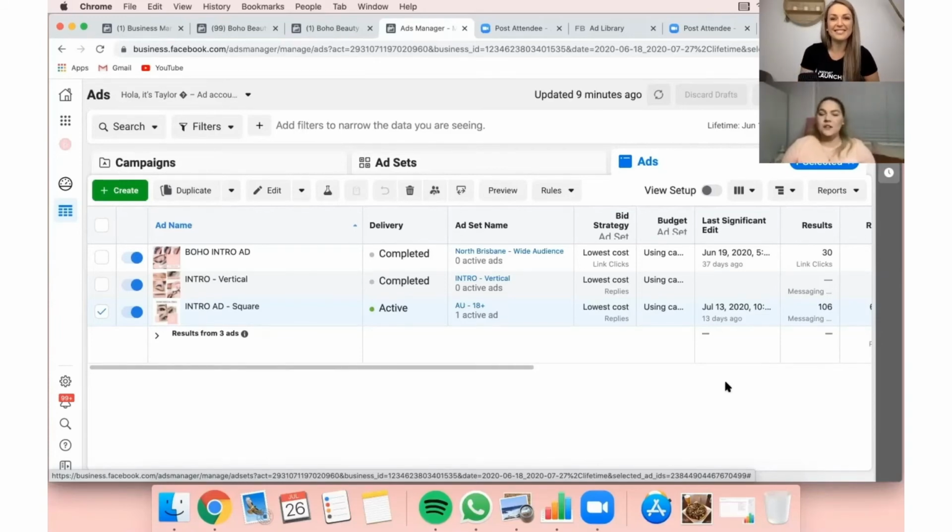Yeah, absolutely. And you can literally do it for any business. If you sell pet products, throw up a video of a sausage dog chasing a tennis ball and run that for 10 days and see how many people are clicking. Your ad could say, how cute is this dog chasing this ball? What breed of dog do you have? Does your dog chase balls? We want to know. Send a message.